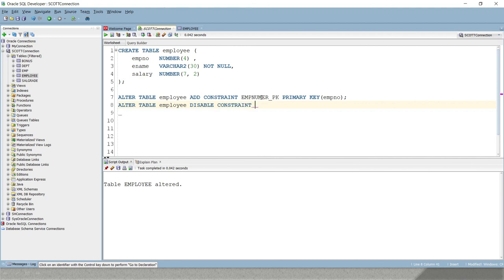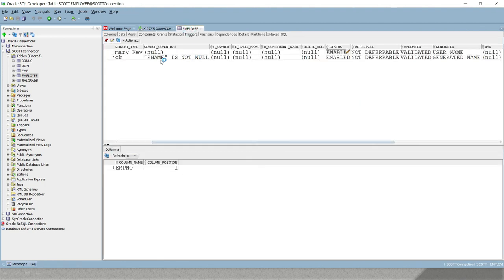This is the constraint name we already know, so easily we can disable it. If I run this query, it says table is altered. Let me clean this console. This was saying enabled, so let me refresh it. Here you can see now the constraint is disabled.